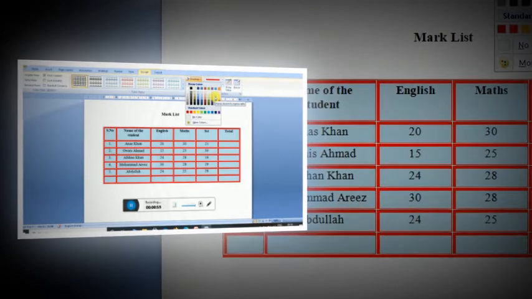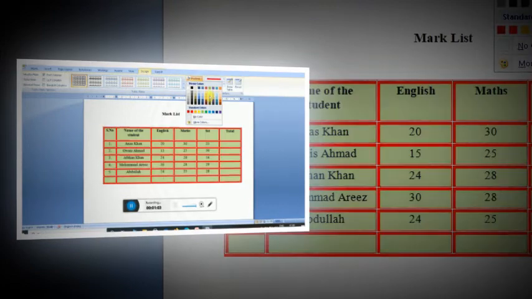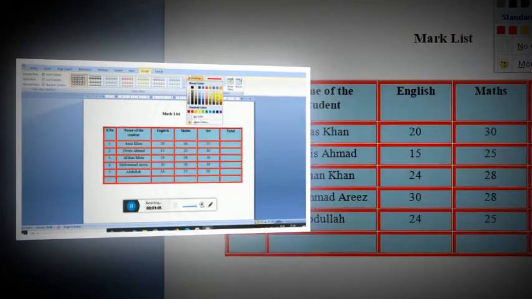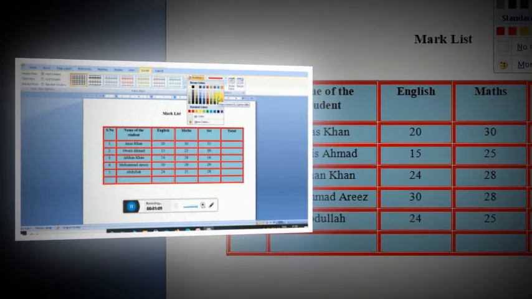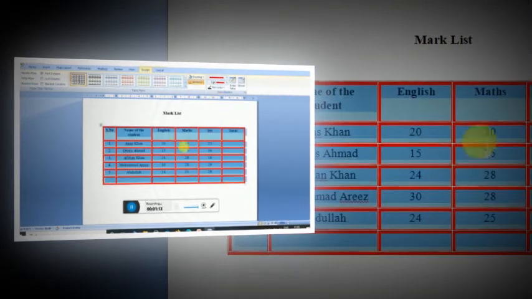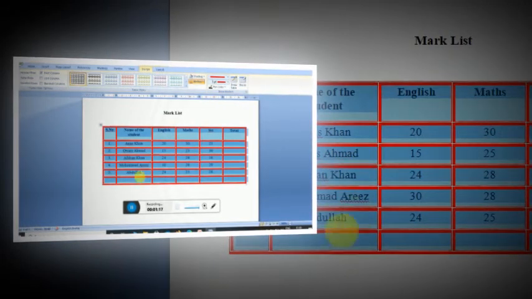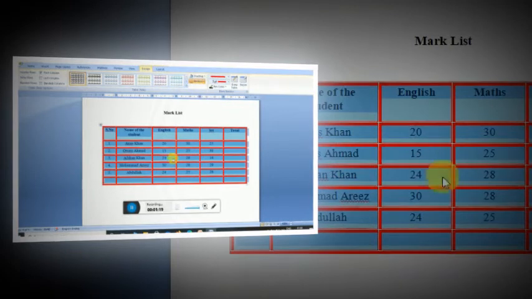I want to select this one. Just click on it. Now here you can see that this color has been applied in my table.